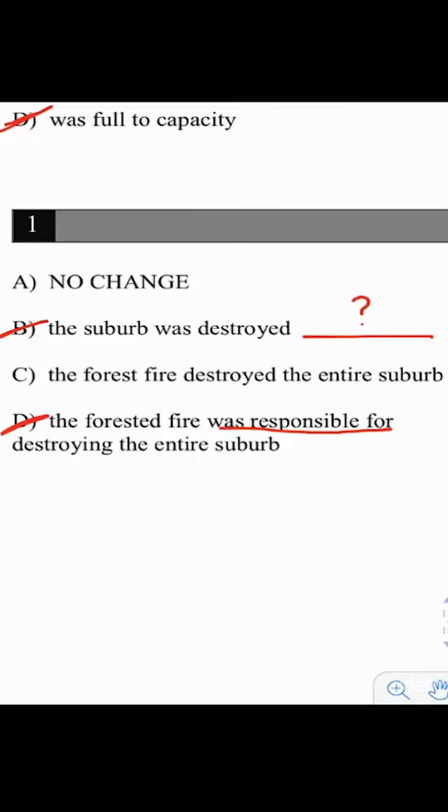And if you look at C and A, you may have to look a little closely to see which one is shorter, but C is actually shorter. Instead of saying was destroyed by, this one just says destroyed. So I was able to get rid of a couple words. But I'm also including the forest fire is what destroyed the entire suburb. So I have the entire suburb. It was destroyed by what? The forest fire. I have all that information, but this is going to be